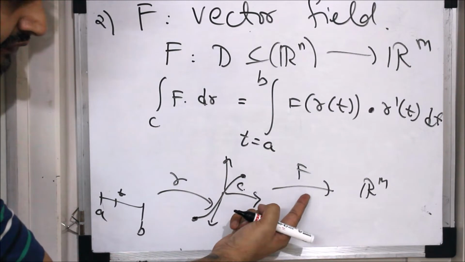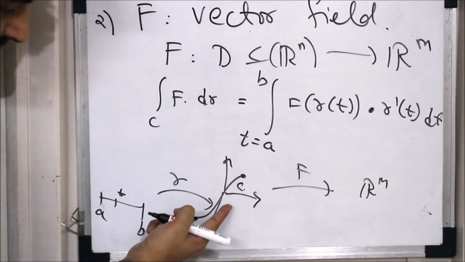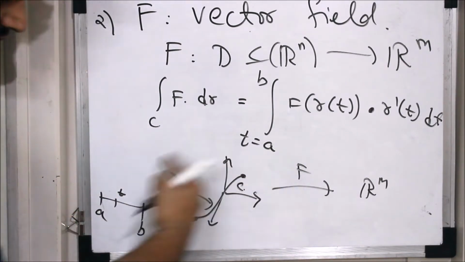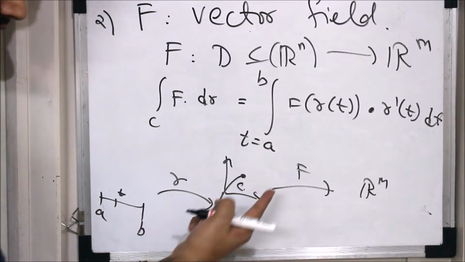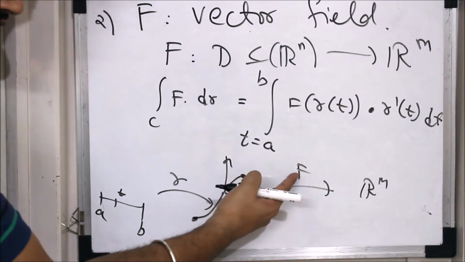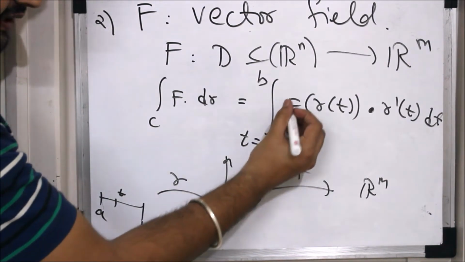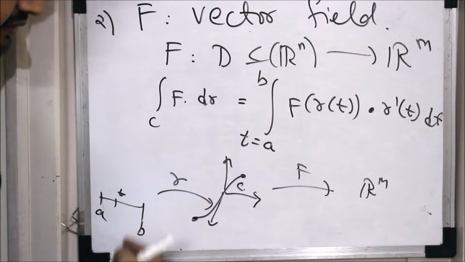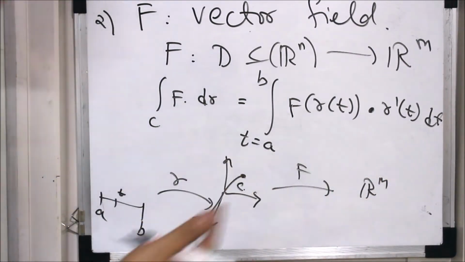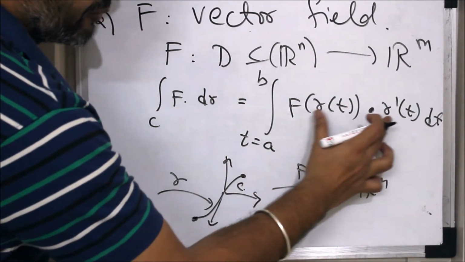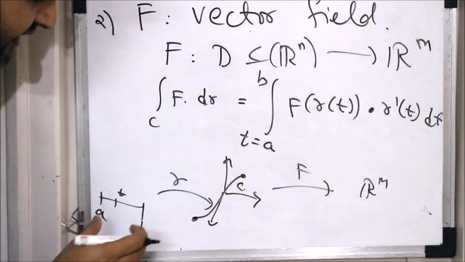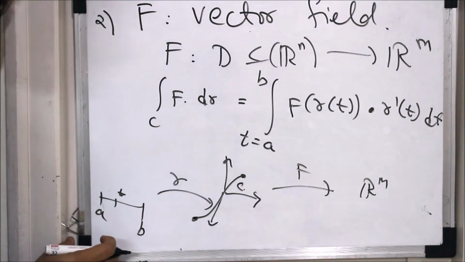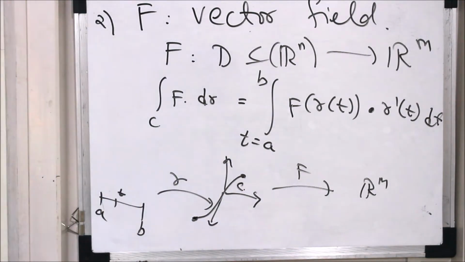So evaluating a function over the curve is the same as evaluating it over here, because of that composition: R is an onto map, so the image of R is nothing but C. So evaluating over the curve means f of R of t, and you take the dot product with R dash of t, where the derivative comes into the picture. When you take this dot product, you get a scalar quantity, and then I can do my normal integration. I know how to do this integration over a segment. So this is how you deal with a scalar field and a vector field.